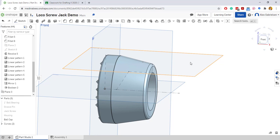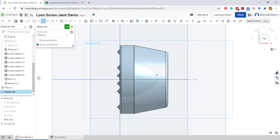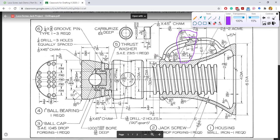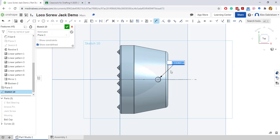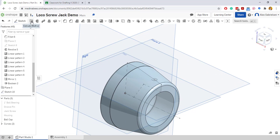Now we're going to make a sketch on this plane. So that dot right there is on this plane. We can make a circle right on there. So I will right click it. I'll do a new sketch. I'll do view normal to the sketch plane. And we'll draw a circle using that dot. And we'll dimension it. And I think the holes are, let me zoom out here. The size of the pins, 1/4 inch. It's a 1/4 inch diameter. So we'll do 0.25 or 1/4. There it is. We'll accept that. And now we are going to do an extrude